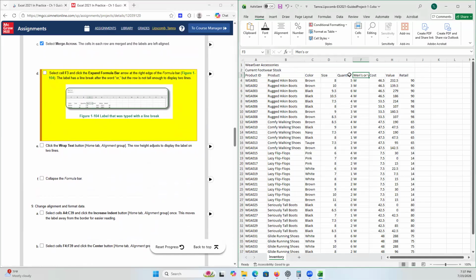And it shows us how to do that in the figure. Okay. And that says the label has a line break after the word or, but the row is not tall enough to display 2 lines. Now I will tell you this, because I have my window sized down for the purpose of you being able to see the directions and my Excel, it looks a little bit different than what it will look like when you have a full